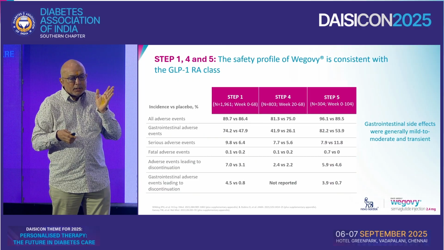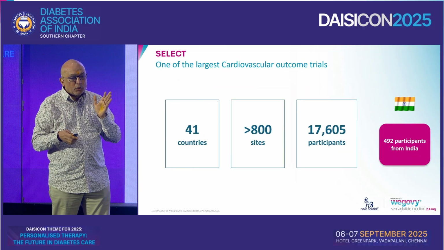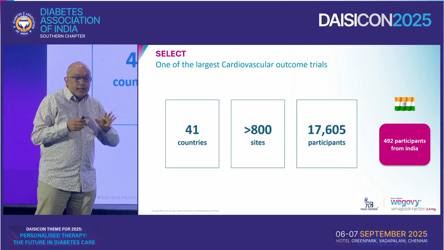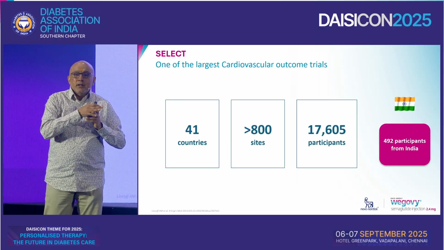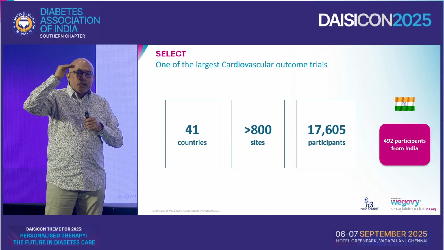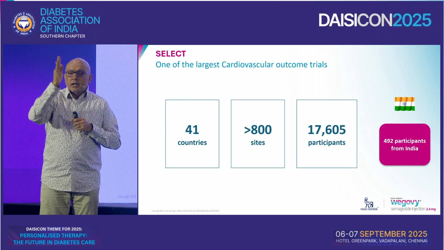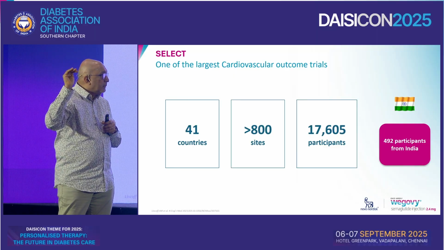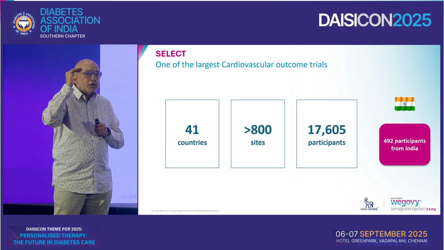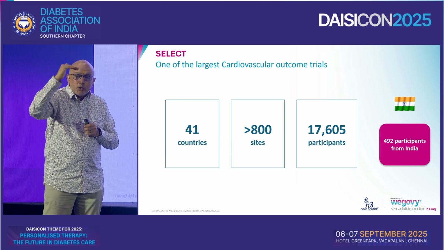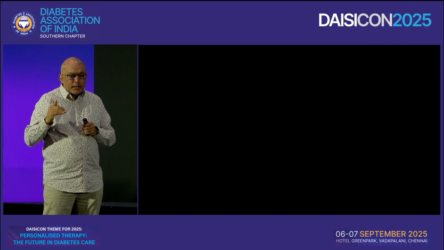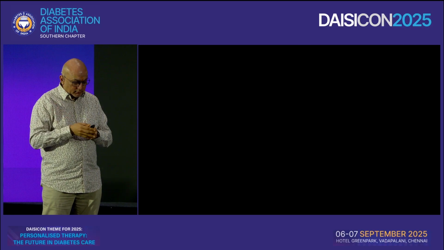The last part of what I want to talk about is the benefit. The SELECT study is a very interesting study because it tells us two things. One, that obesity is associated with cardiovascular outcomes irrespective of diabetes. This is one bit. But so far, we've not had real data saying that when you reduce weight, does it improve outcomes? What the SELECT study tells you is something very interesting.